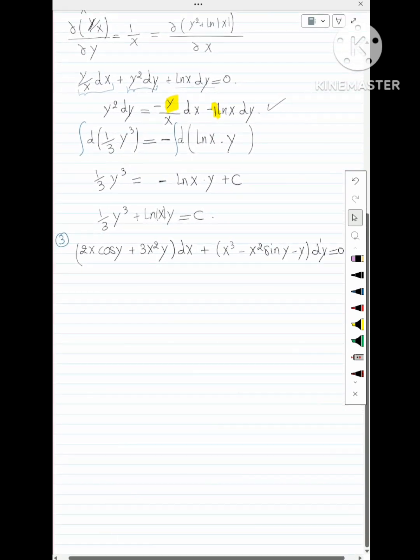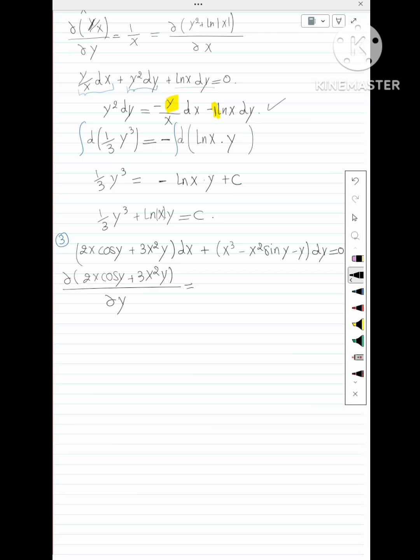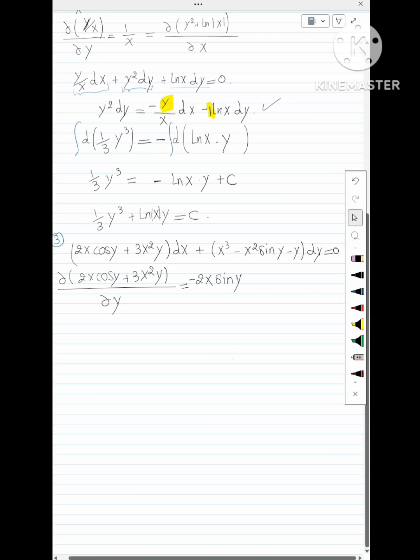We can confirm it is an exact differential equation by getting the derivative of 2x cosine y plus 3x squared y with respect to y. With respect to y, x is going to be a constant. So the derivative of cosine y with respect to y, it's going to be 2x, since this is a constant, times the derivative of cosine y, which is minus sine y, plus